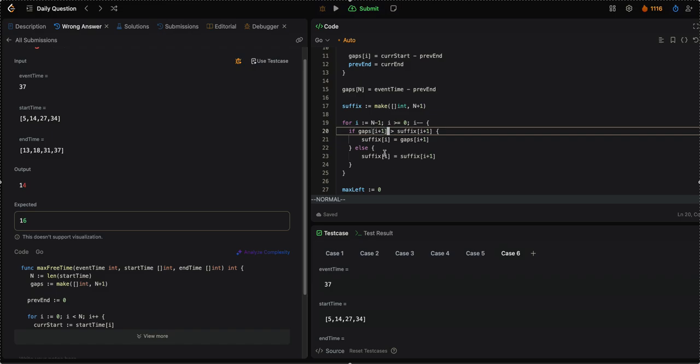If our next gap is bigger than suffix, then we are taking our suffix to